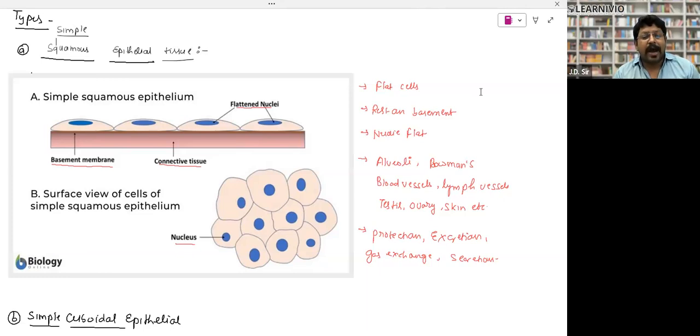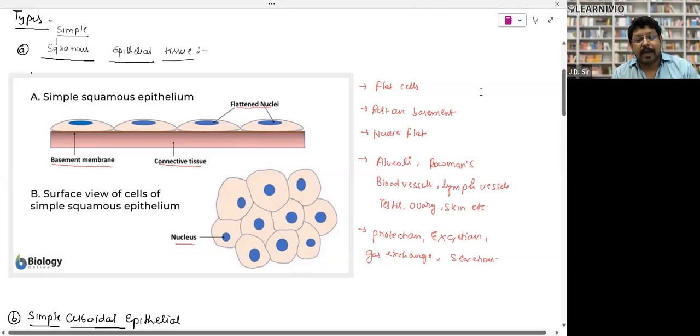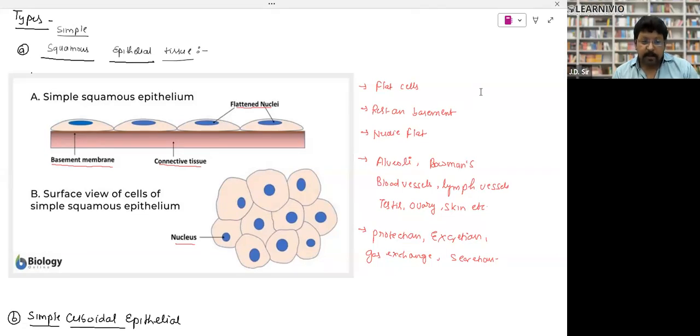They are found at alveoli of lungs. This is very important for medical examination. Basically, the questions come from this point. Alveoli of lung,